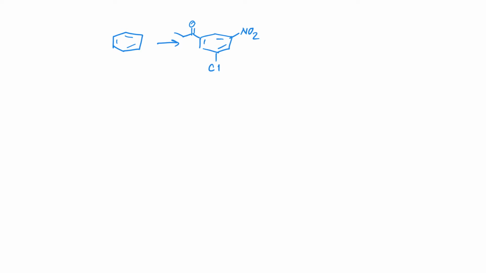Let's look at some synthesis problems using electrophilic aromatic substitution or potentially nucleophilic aromatic substitution. In this case, we have a tri-substituted benzene ring, and we have three substituents, all of which are deactivating groups. The chlorine, though, is an ortho-para director, and so we can notice that there are no groups ortho-para to the chlorine. And because the chlorine is the weak